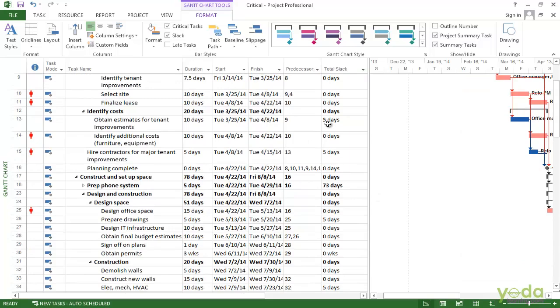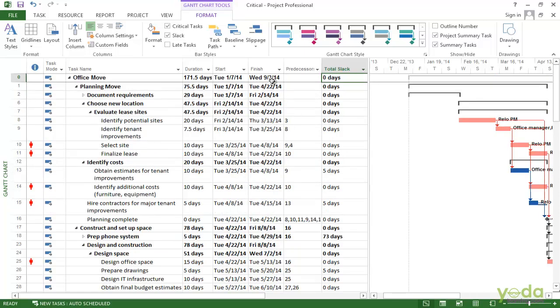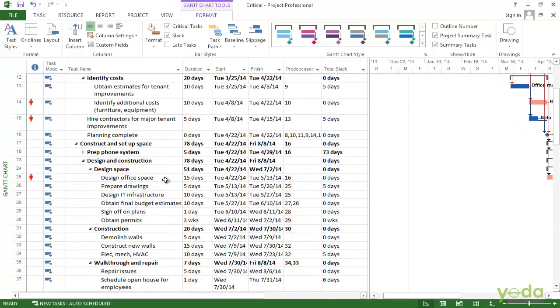Let's look at how the critical tasks work. The project has a finish date of September 3rd. Here we are going to go down to the design office space task. And it turns out that the task isn't going to take 15 days. It's going to take 20.